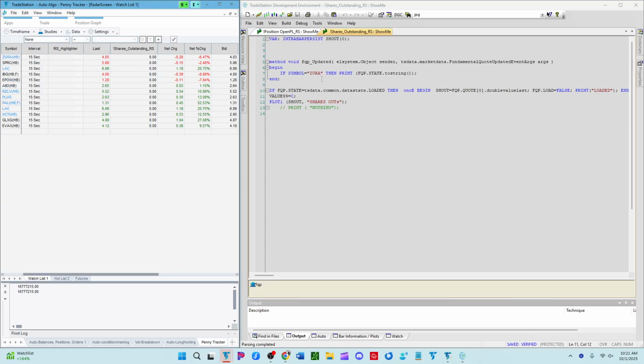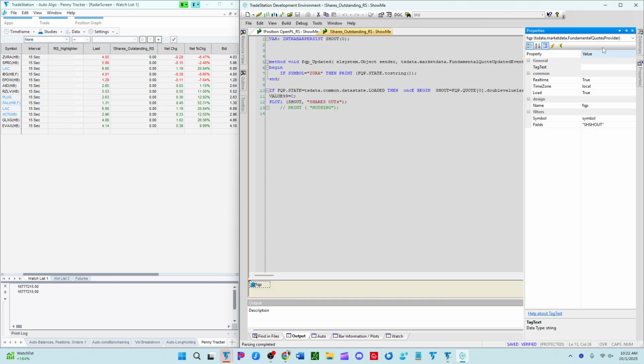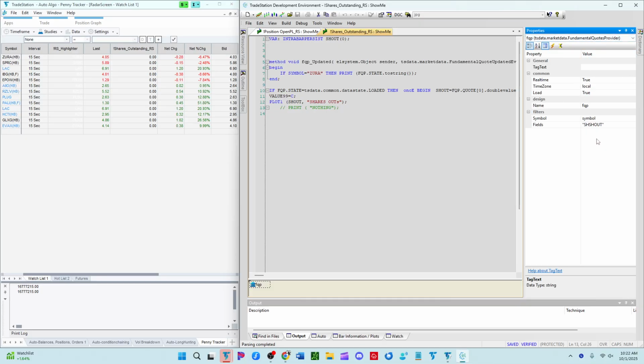All right, but so when we're looking at the shares outstanding, we're going to use the fundamental quotes provider here. Okay, and then we go over to the properties and we'll go ahead and pin that. And so the field for shares outstanding is capital SH shout. We're using the simple fundamental quotes provider and we're making sure that it's loaded. Okay, so now, not even on each bar, but just when we do have a bar where fundamental quotes provider state is loaded, then once we're going to